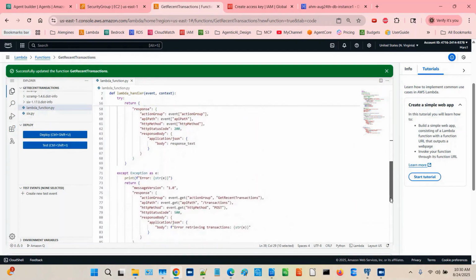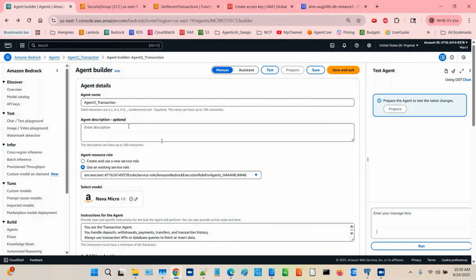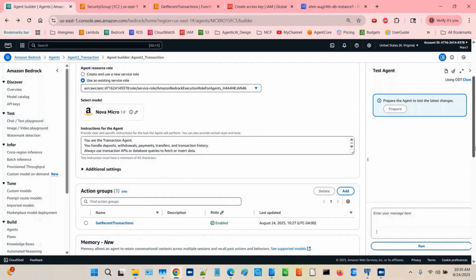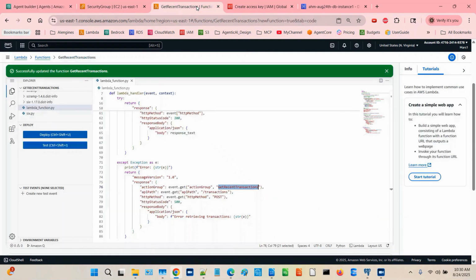The rest of them are all the typical things, and the action group name is, this is the action group which we just coded in the agent, right? That's the name of the action group. We just coded it there. So coming back to Lambda,